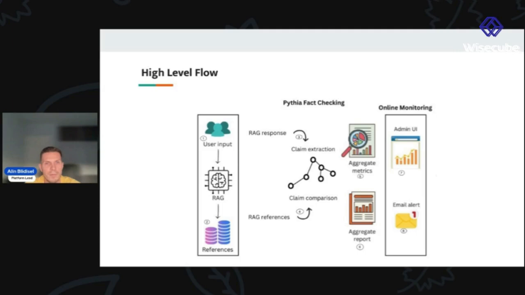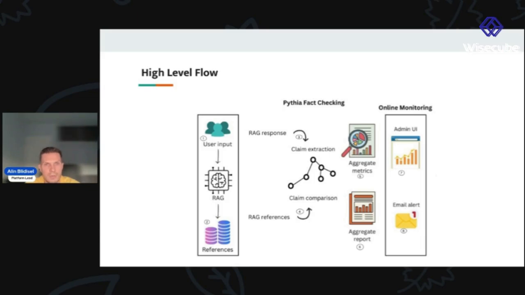On the left side we see the RAG integration and the user input, where the user comes up with a question and queries the RAG for some references, and then based on that response from the RAG,